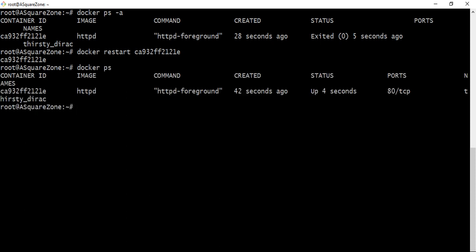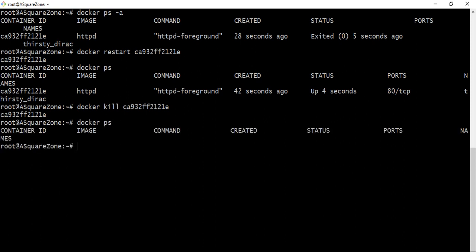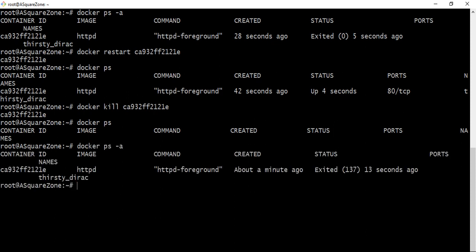It's running here. If I want to stop this container without using the stop command, I just want to stop it immediately. For this I can use the docker kill command followed by the same container ID here. So it stopped. We'll see the docker ps command. There is no container at all, and now we will run the docker ps -a command. Here it is showing, because we just stopped our container.